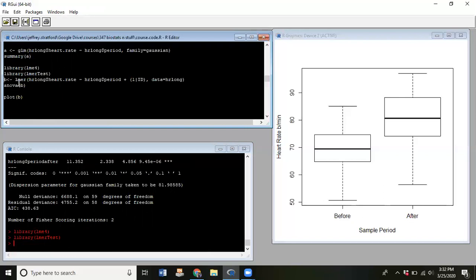The mixed model approach, that syntax looks a lot like GLM, right? So instead of GLM, we have lmer. Okay. And we have the same thing. We're interested in heart rate as a function of period. This syntax right here, in parentheses, this is the fixed effect plus the random effect. And the random effect we denote, in this case, we have a 1 coefficient,